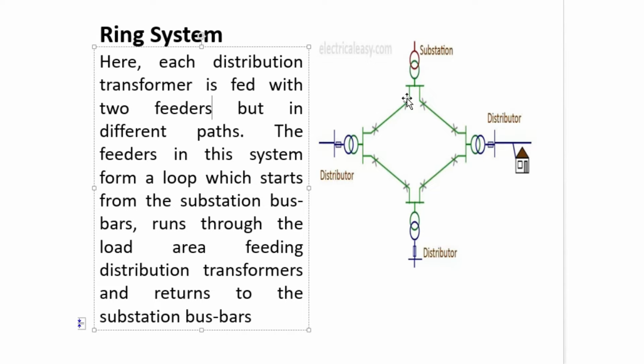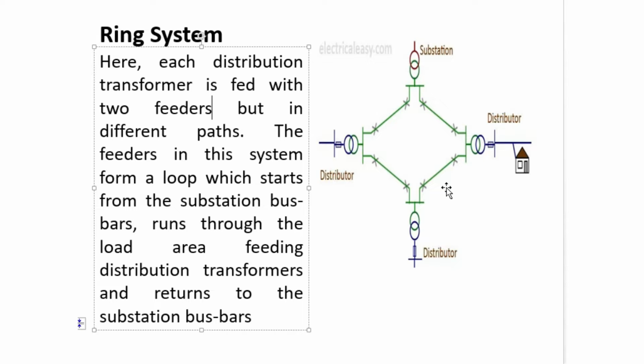This usually results from the growth of the load supplied by parallel feeders, where the cabling has been installed along different routes, and they are most common in urban and industrial environments. The advantage of the ring main system is that line voltage drops will be reduced at various load substations, and there will be a firm supply, that is, an alternative path is available if the primary one fails to each load substation. You can see the figure clearly here, showing how the ring system is formed.